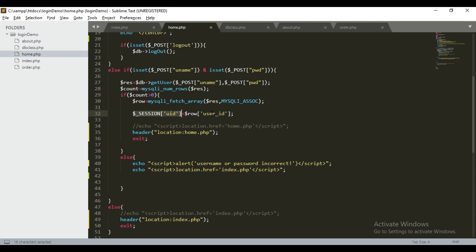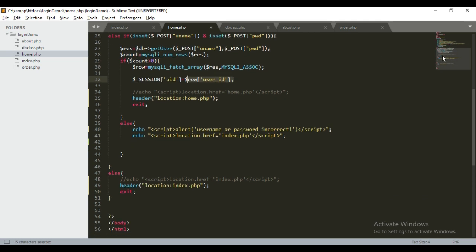If the criteria is matched, then we set a session by the user ID, fetched from the database. After that we have to redirect the user to this page itself: header location home.php and exit.